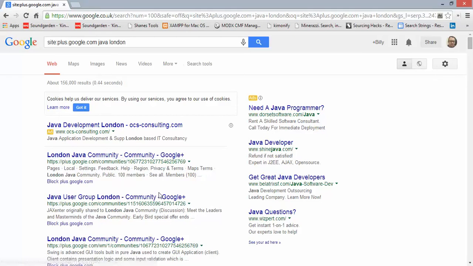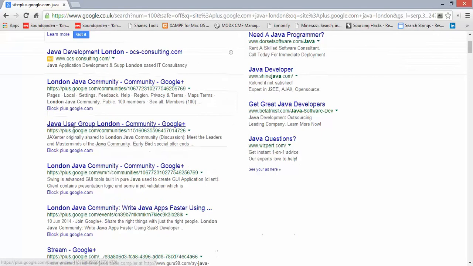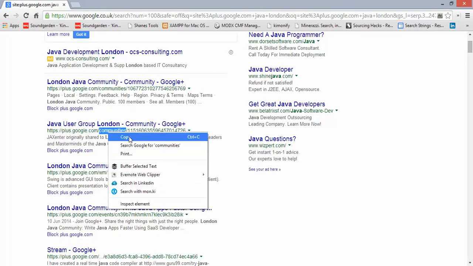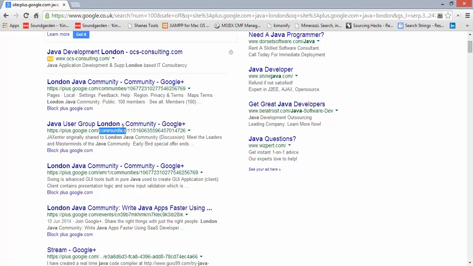So it's not brought up a user's page because I haven't searched specifically for information in the format that it's actually on that person's page in. So it's bringing up different things instead. That's really good because actually we could search for just communities by doing a URL search or a site search. I could do just a site search against